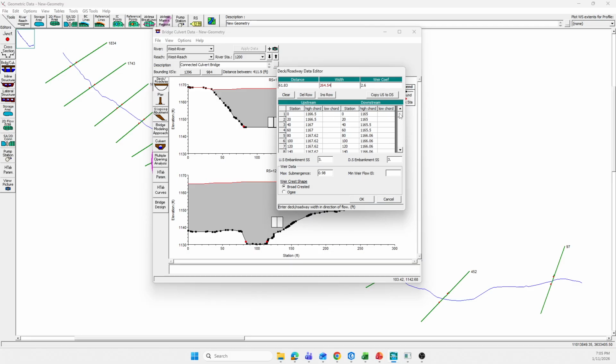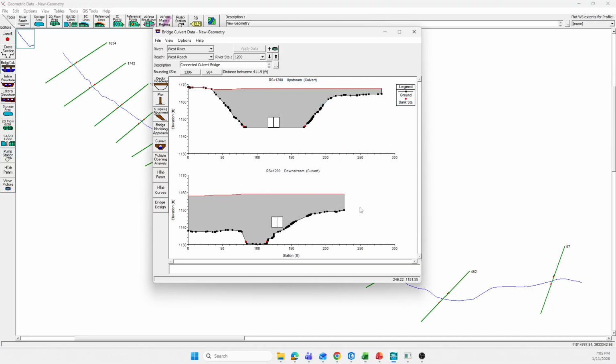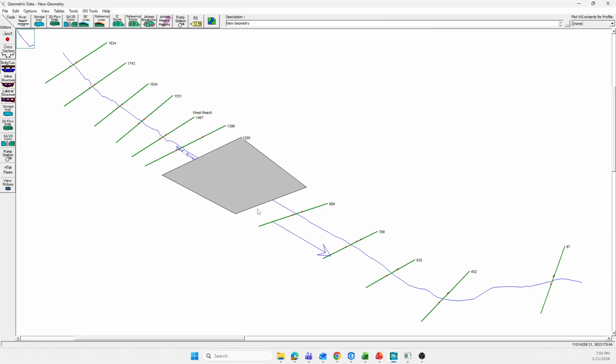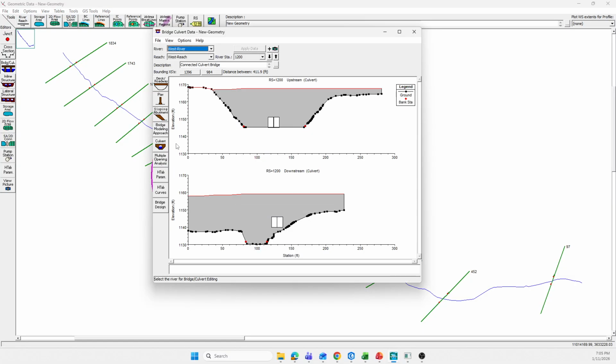And also we need to change the low chord. So we can use the low chord of the second cross section, the second bridge that we removed. So I'm going to pick this. We need to replace this. Just replace this. Okay. This is lower because we can move downward. We can see that extension grows. So we need to come back and